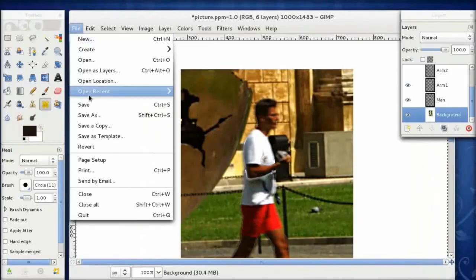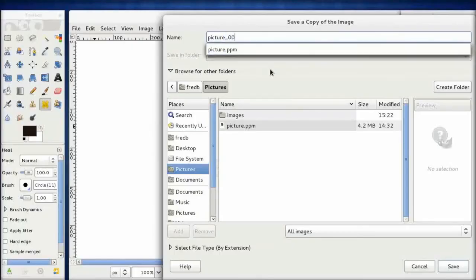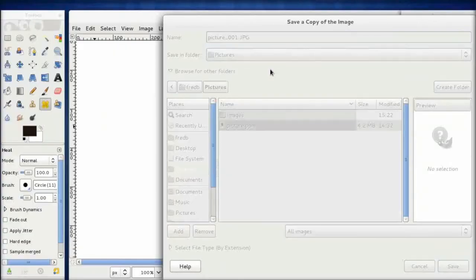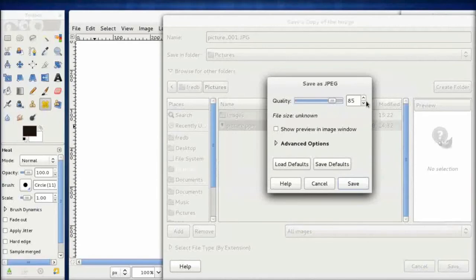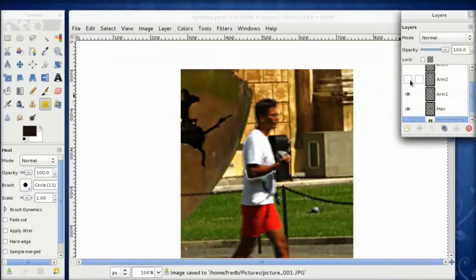So I'm going to do a file, save a copy, and I'm going to call it picture, and then I'm going to put underscore, and then I'm going to put a frame number on here, which is 001 for this frame. I'm going to save it as a JPEG, but you can save it as any kind of raster image that you want. So I'm going to change this to 75% quality. That's fine. Now I'm going to move his arm to its second position